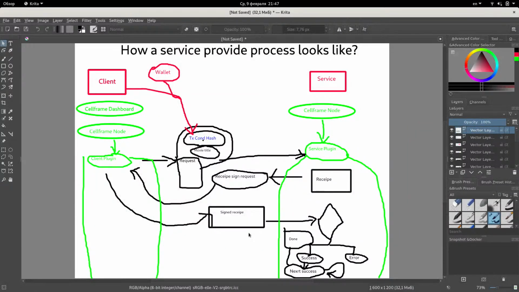So let's start from the beginning. First, the client prepays some funds for the conditional transaction. Then it's sent from the dashboard to its node and to the client plugin to form a request. It forms the request, puts some details, for example my title and this conditional transaction, and it goes to the service plugin. Here, the receipt is issued. The receipt and receipt sign request go back to the client. The client signs this receipt. By the way, it's usually signed with the wallet. Then the signature receipt goes inside, and